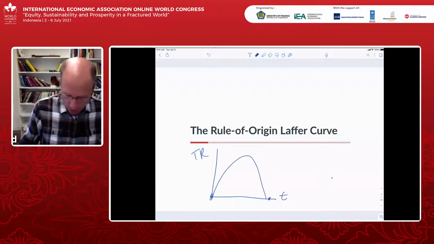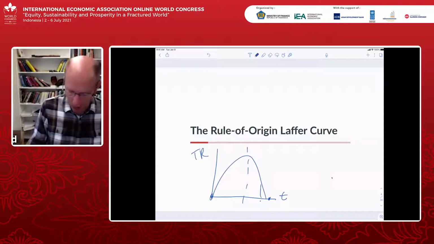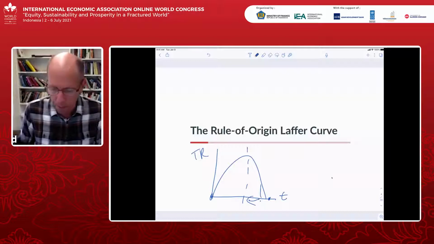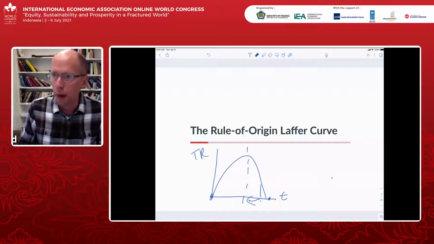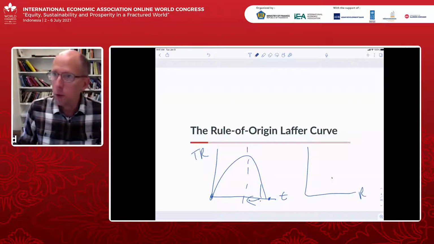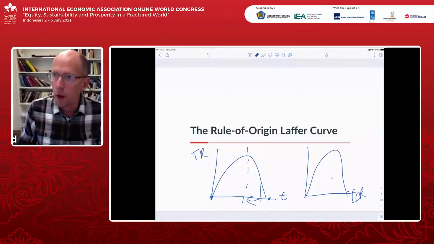That's a judgment call. But one thing we know we don't want to be is to the right of the peak of the Laffer curve, because in that case, we could lower the tax rate and raise government revenue. The same idea is going to apply in our paper. What we're going to say is that the restrictiveness of the rule of origin, what's something called the local content restriction, if it's too high, you won't have much content at all produced within the region. If it's too low, you won't have much content produced within the region. But in between, there will be a maximum.